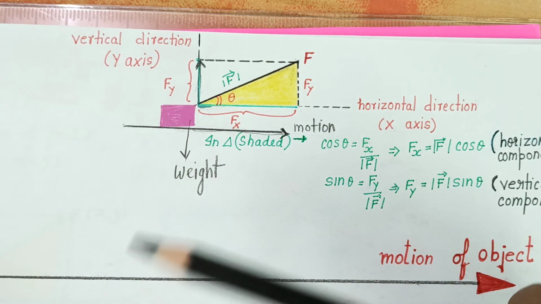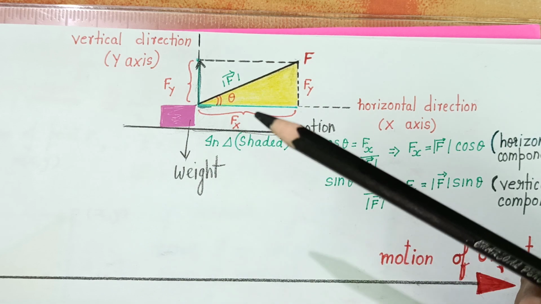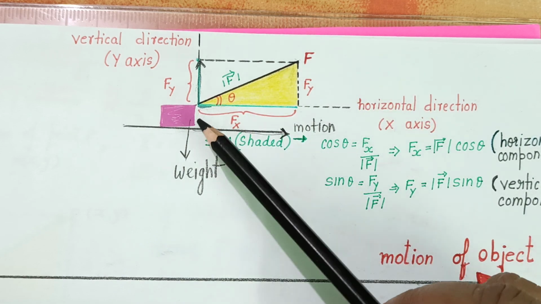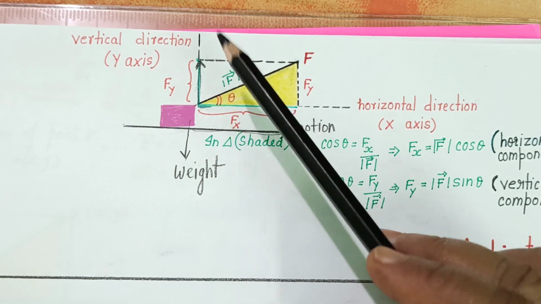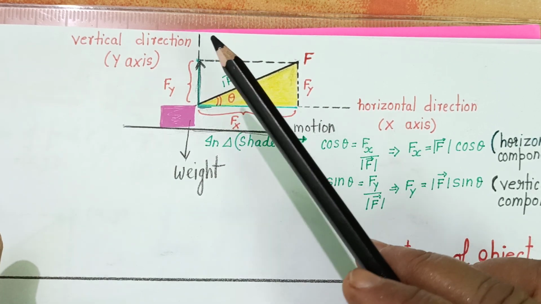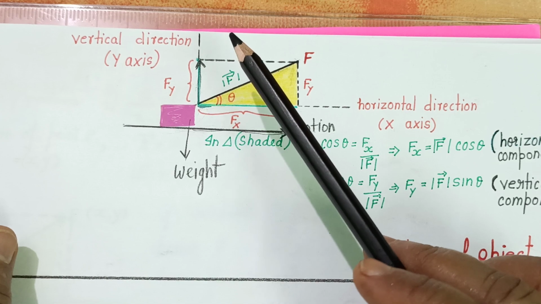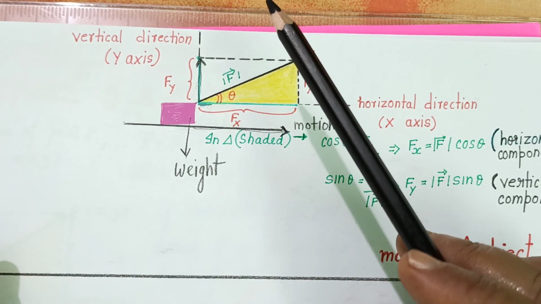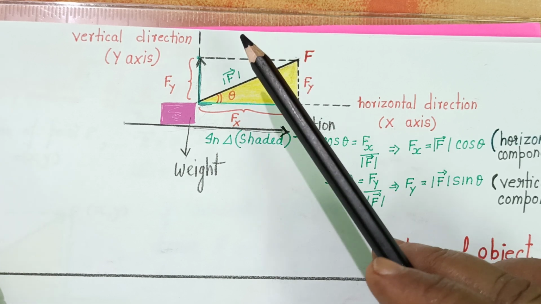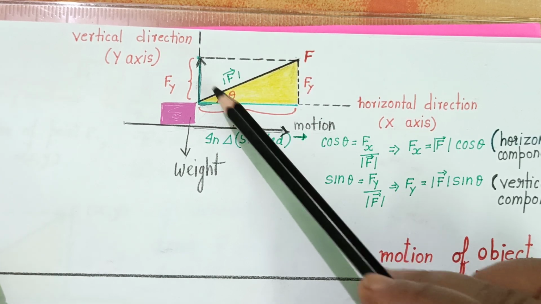So the effect of a vector quantity is experienced not only in horizontal and vertical direction, it can be in any two directions, but in our course the two directions will be mutually perpendicular,